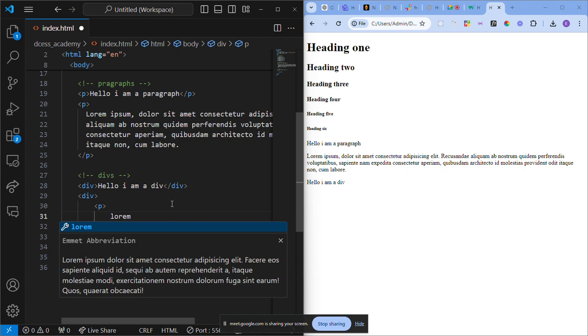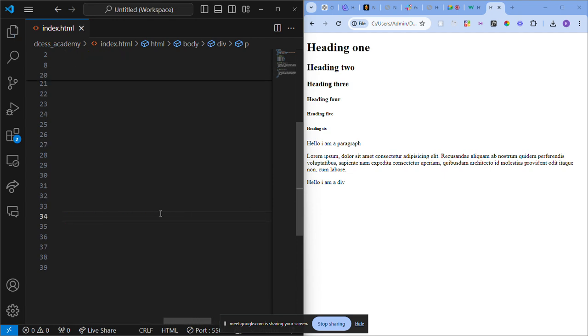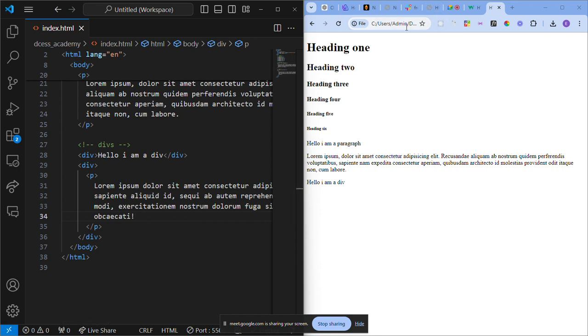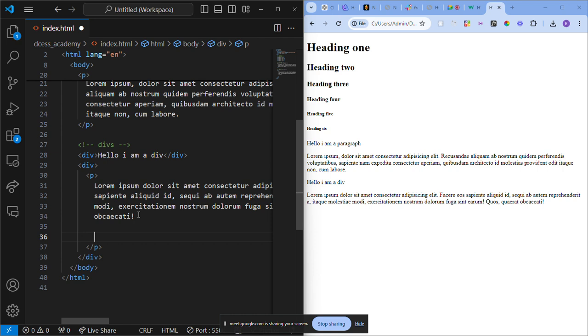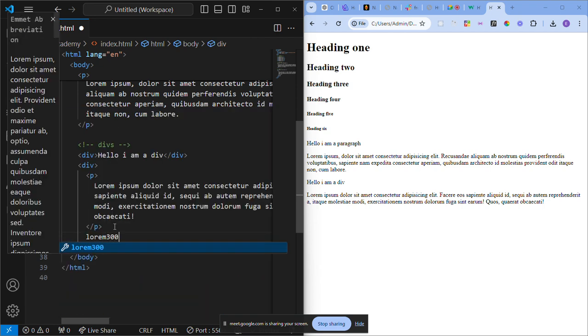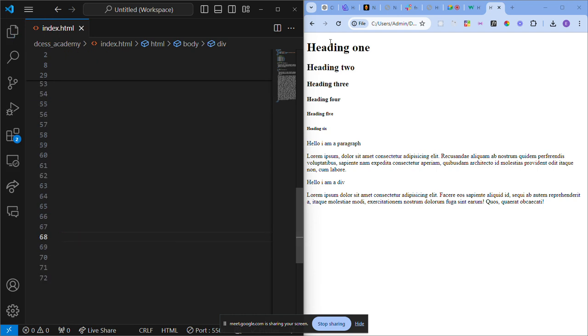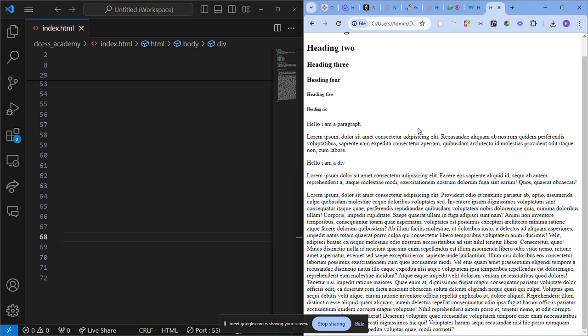If I type lorem and press enter, you notice that I've gotten this amount of text. I don't need to stress my brain. I'll click on OK. If I need a specific amount, I can say lorem. Let me bring back that paragraph. I'll say lorem 300. This will give me 300 words of text. If I save, come back here and reload, can you see what I'm getting? 300 words of text. So that's the lorem for you. Then the next thing we'll talk about,